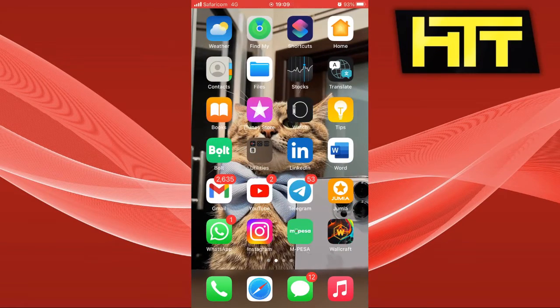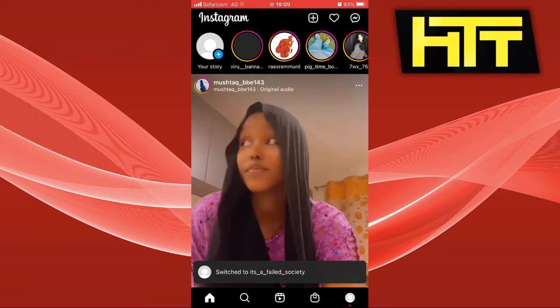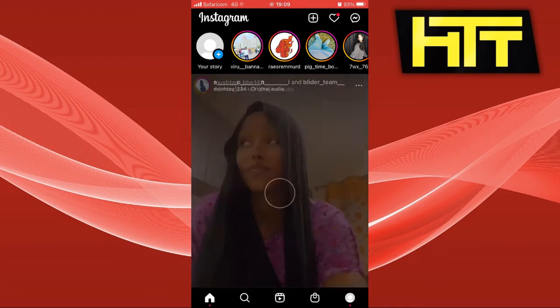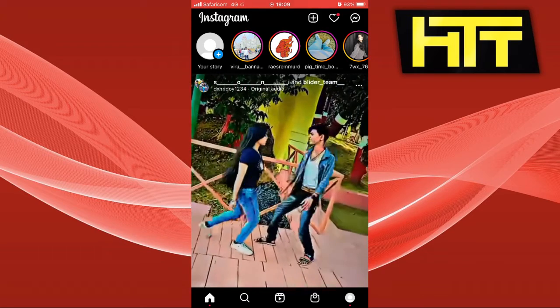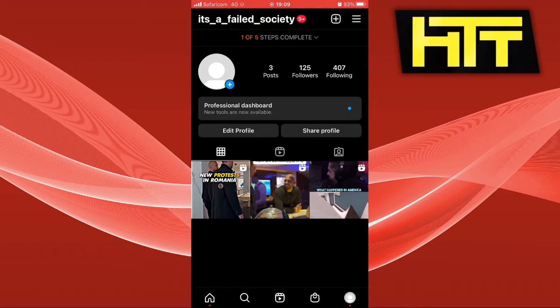Today I'm going to show you how to unrestrict an account on Instagram. So let's dive in. First thing you want to do is go ahead to your profile, then click on the